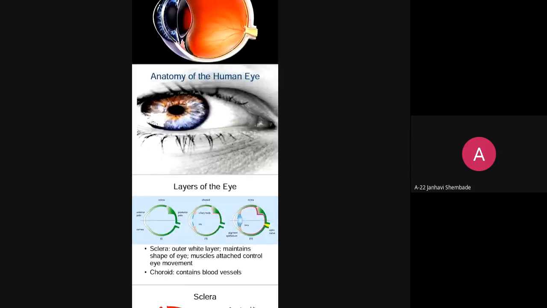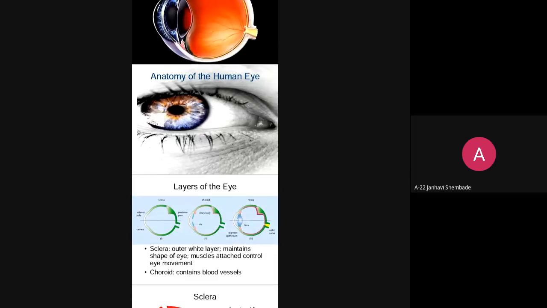As we see different types of images, we can capture images with the help of cameras also. There are different cameras. We can use different mobile phones, we can use different digital cameras. By using a camera we can capture images, and depending on the capacity of the camera, we can define the capacity of images in terms of pixels, megapixels. So we can say we have an 8 megapixel camera, we have a 16 megapixel camera, right? Depending on the megapixels, the quality of the image can be determined.